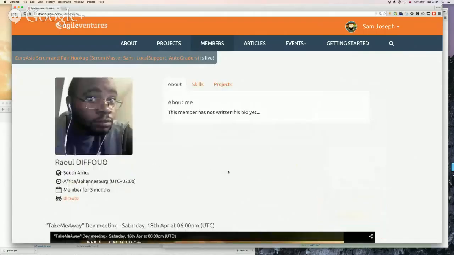Well, last night I had a pair programming session with Aaron and Patrick on Take Me Away. We started working on the user model and I wrote a few tests, but then Aaron had to move away to do something else, so we'll probably continue later today. Other than that, everything is all good on my side. Nothing blocking you technically at the moment then? No, nothing.